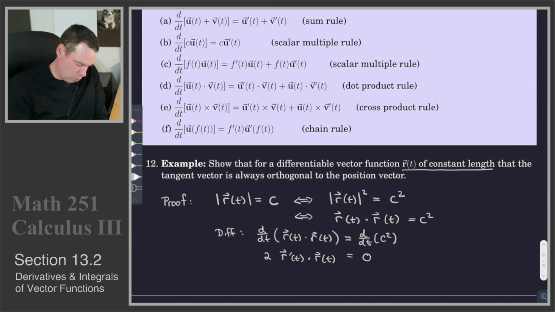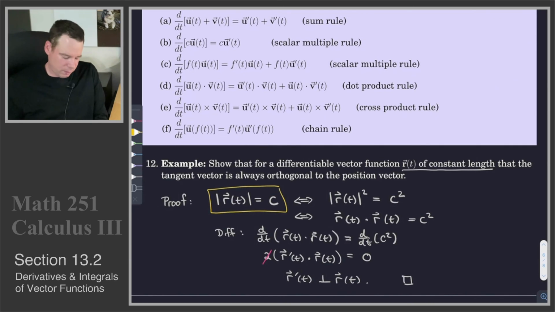So this would be 2 times this is equal to 0. But then I could divide both sides by 2. So I could really cancel off that 2, and I get that r prime of t dot r of t is 0, and that means that r prime of t is perpendicular to r of t. And that's what we wanted to show. So starting with the assumption that r had constant length, we got the conclusion that the derivative is orthogonal to